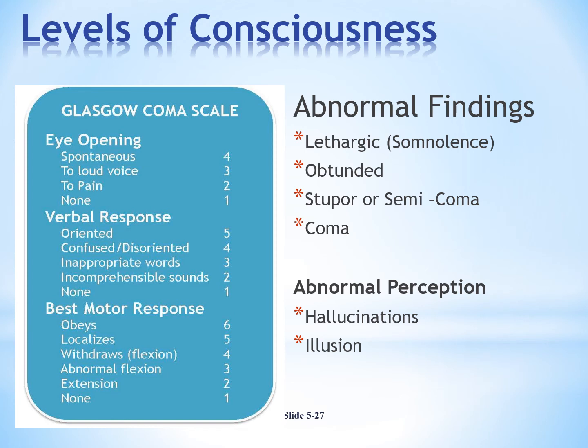So some other findings would be a patient being lethargic, like really somnolent, very sleepy here, or a patient being sort of comatose or semi-comatose. So we know what a patient looks like when they're in a coma, right? Nothing from the patient. They're completely unaware of what's going on. Obtunded generally would be a patient that is maybe under the influence of a substance. Like if you see a person that was drunk, we say that they're obtunded. And then maybe a person having hallucinations versus illusions. And again, you're going to tell me how those two are different.